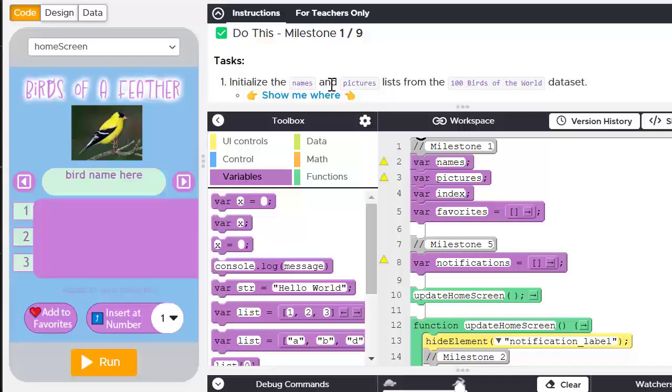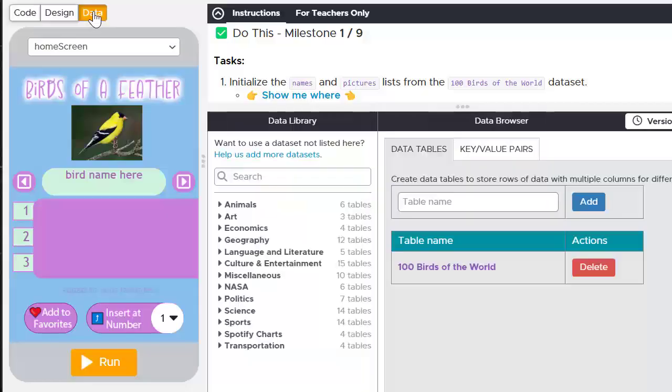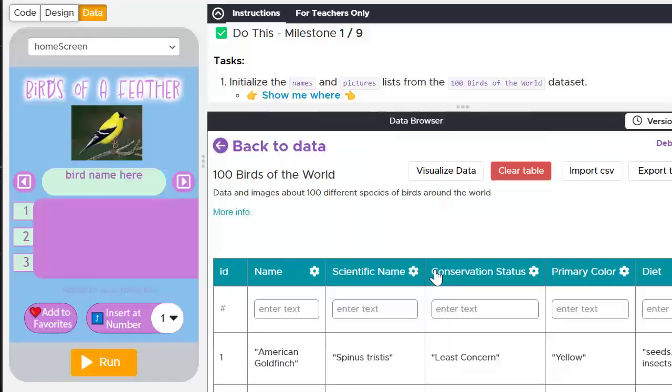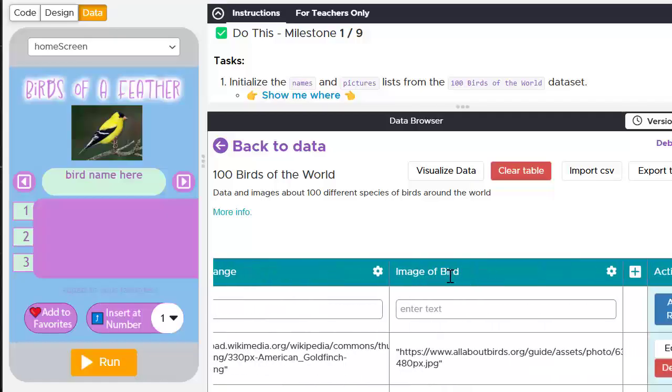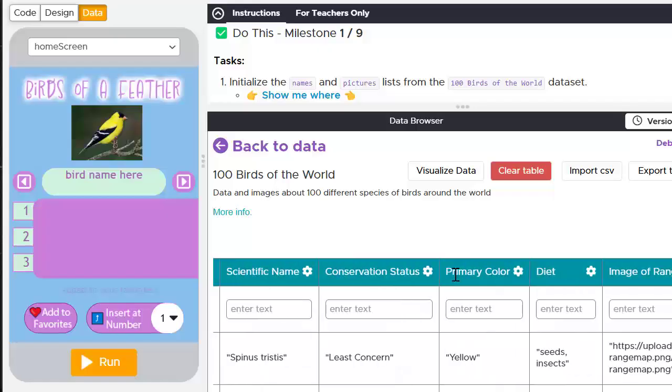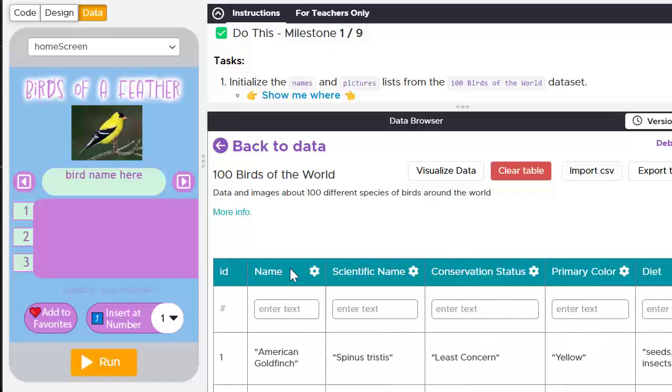Initialize the names and pictures lists from the 100 Birds of the World data set. Okay, so names, here's names. So we want to grab the names from the data set. Let's click on data and see if birds of the world, so it's already selected birds of the world. Let's look at the list, birds of the world. We have names, and all the way to the right we have image of bird, image of range, diet, primary color, conservation status, scientific name. So here's name. So if we go back to code,